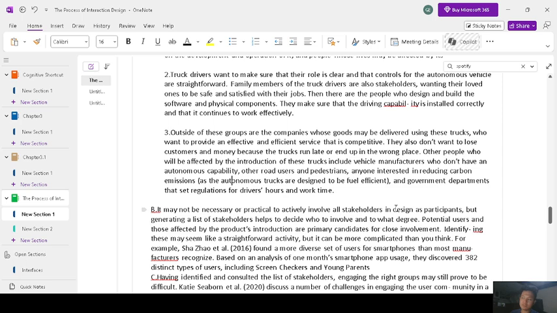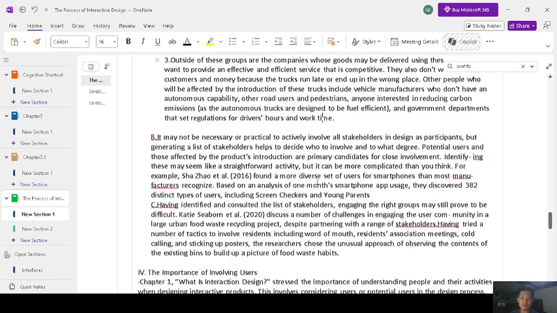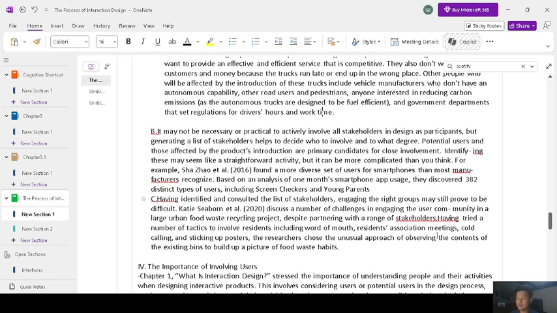So the customers where the product will be delivered are also affected. The vehicle manufacturers as well are indirectly affected. Other road users and pedestrians, and anyone interested in reducing carbon emissions, are also affected. Now there's a lot of indirect